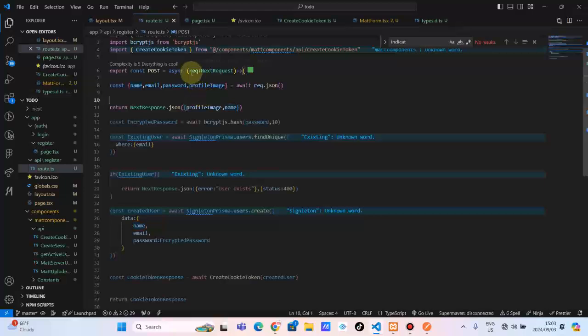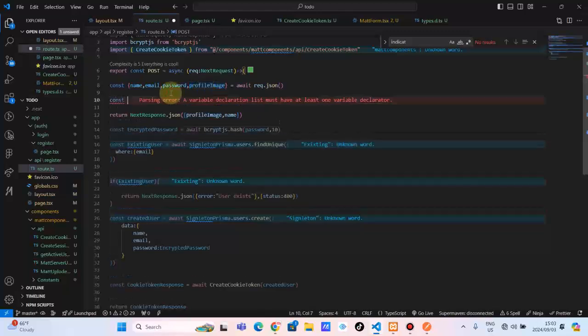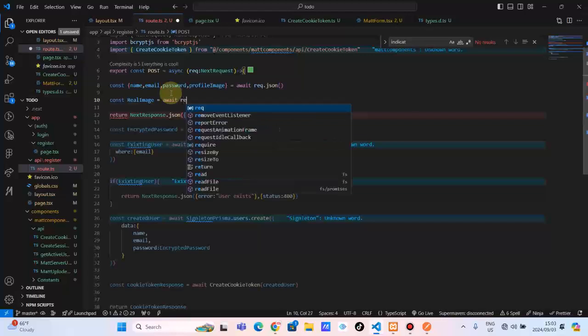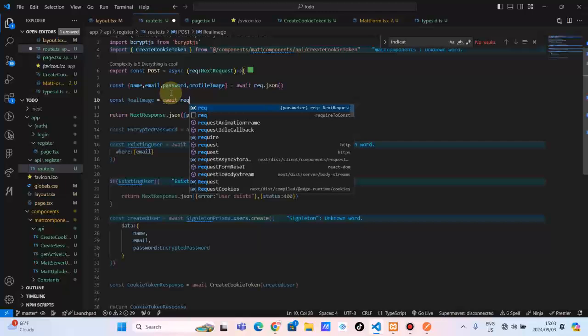So in this request, as much as it has the body request.json, as you can see, let's say const, did I await? Yes, I awaited. Const, let's say realImage, without a space. So I'm trying to say the actual real image, we can get it from request. Remember, when you're dealing with the server, always try to await things. Let's see, await request, which is req dot